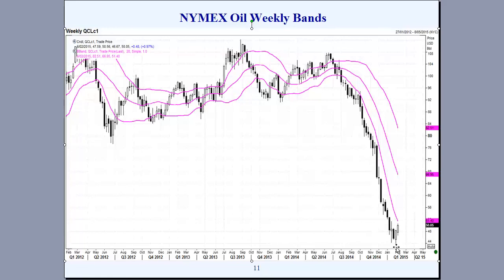At the moment, in this current week, we are seeing the market retrace, and we do need to watch this lower band very carefully. 51.40 is where it trades. We could see strong resistance coming in there and the market congesting. If we see the market breach there in a strong bullish manner, we could eventually end up testing back up to the middle of the bands around the $67 level.